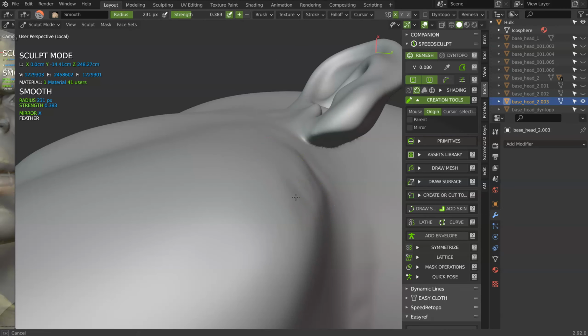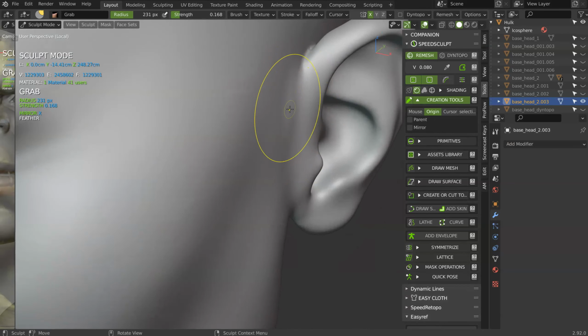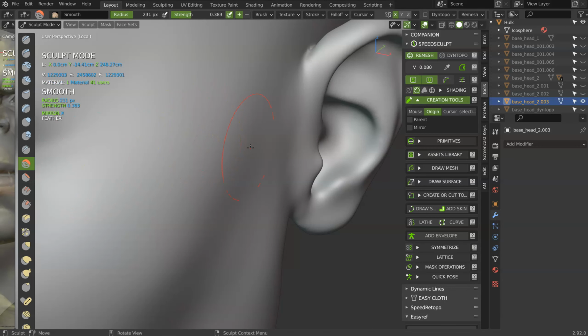And as you can see, my model is not perfect. So let's use this one, let's increase the value. Much better.